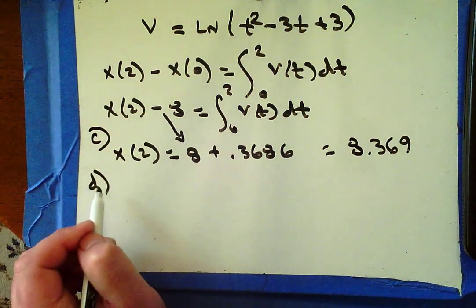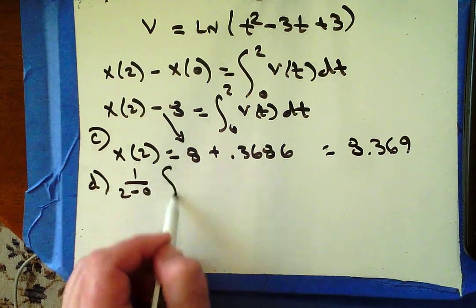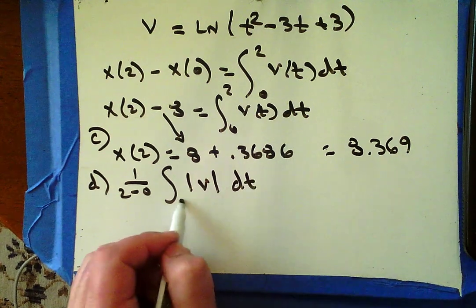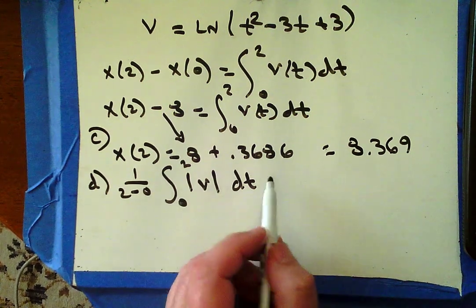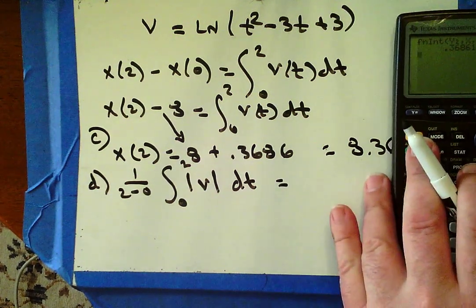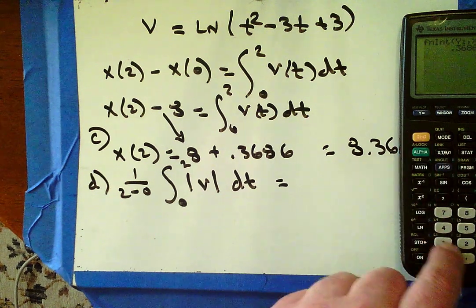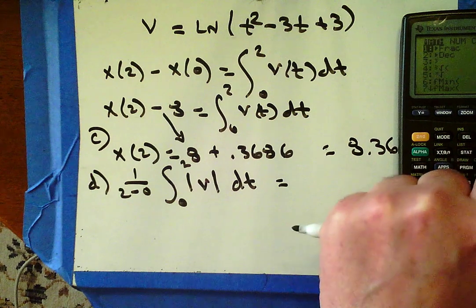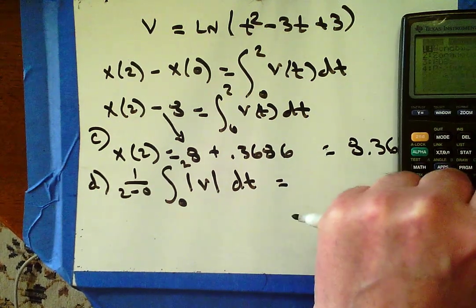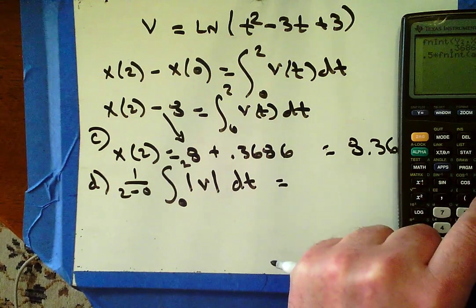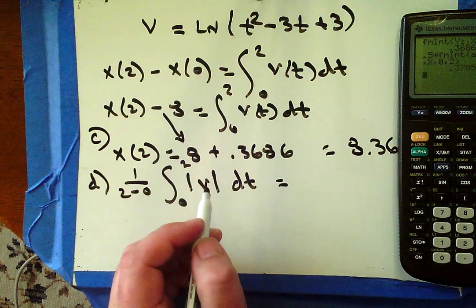And what about part D? Average speed. Well, average speed is the average value of the speed function. So 1 over 2 minus 0 times the integral of the absolute value of v from 0 to 2. Now, the absolute value of v, I'm a little concerned. Well, I could actually just ask my calculator to do that, couldn't I? So I want 1/2, 0.5, times fnInt of absolute value of y2 comma x comma 0 comma 2, and I end up with